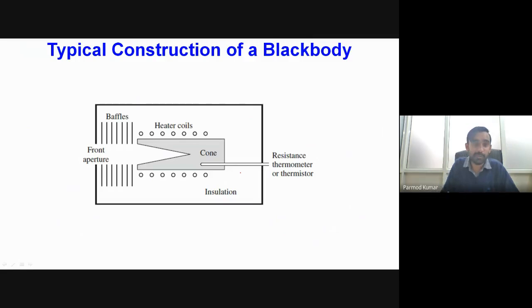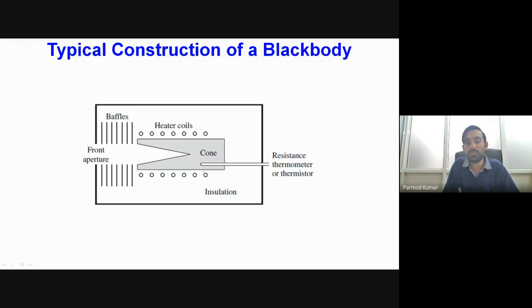Now, when we are using the radiometer, we are basically doing the measurement of radiation flux based on the measurement of the temperature. But many times we require some device for calibration of the radiometer. For calibration purposes, we have to construct some black body. For the black body, we have this conical cavity material, and we have a resistance thermometer mounted over here,